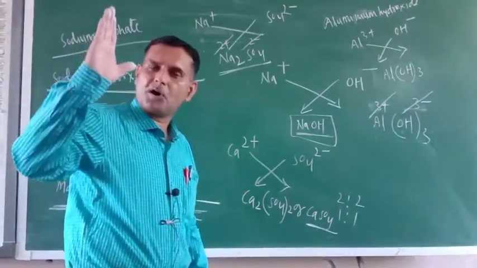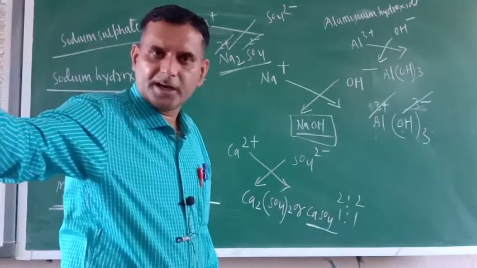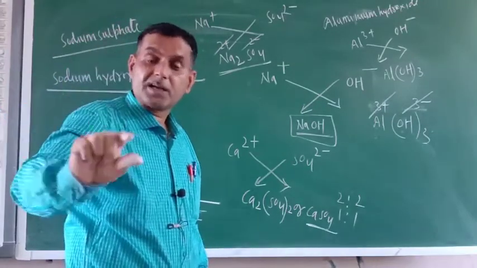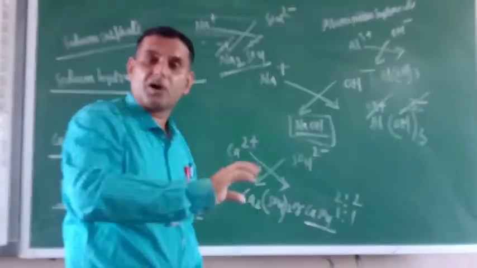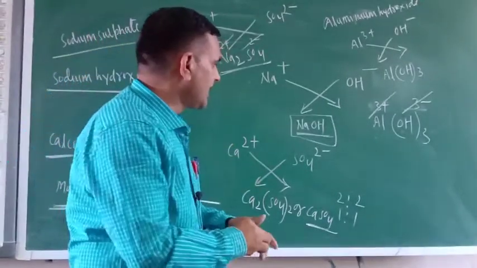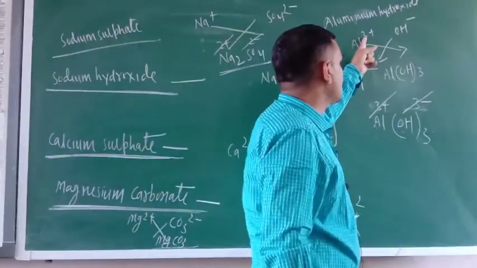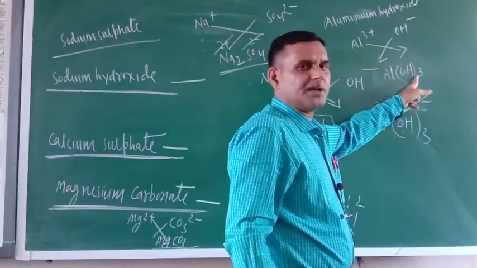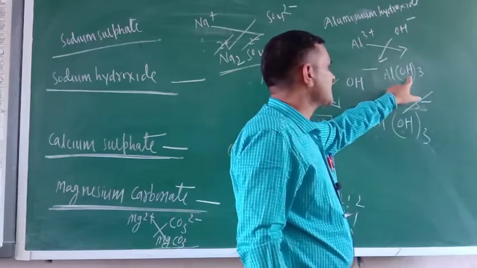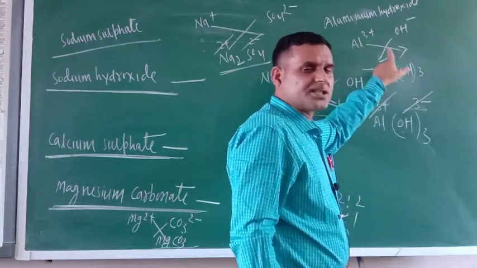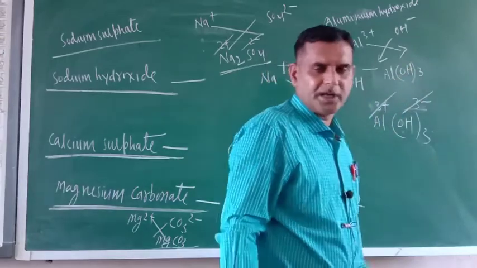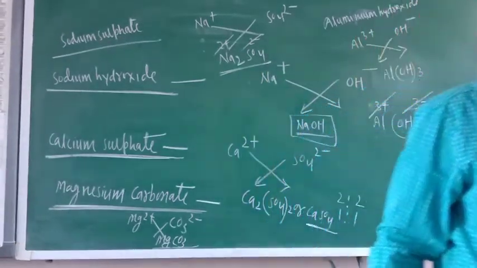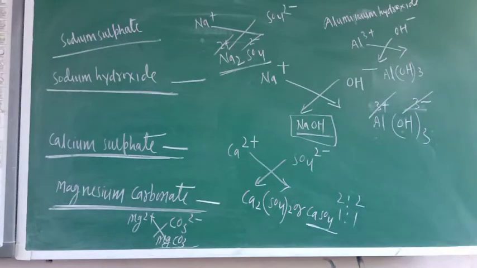It means the charge of the positive ion should go to the negative ion in the form of a number. Similarly, the charge of the negative ion should come to the positive ion in the form of a number. That is why here I wrote Al 3 positive, and OH whole thrice, meaning this charge is coming to the negatively charged ion in the form of a number. Okay, let me give you some more practice, some difficult practice.